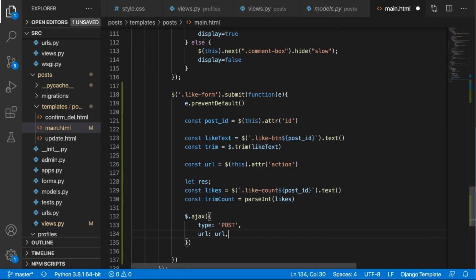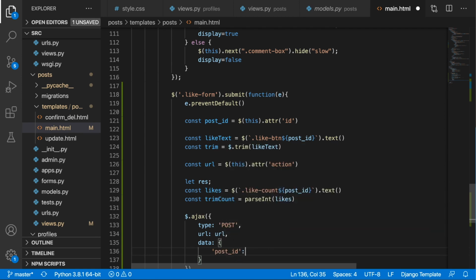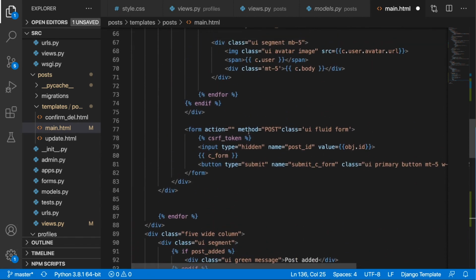So this is basically our action. And then we need to pass in the data. As a reminder, we are expecting a post ID, and we can assign to the post ID our post ID from over here. And then at the top, let's add a CSRF middleware token, because if we scroll up here,